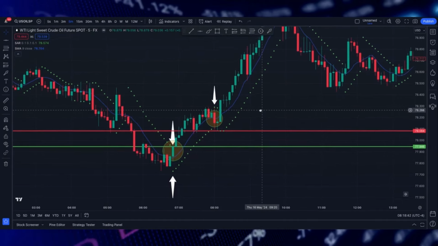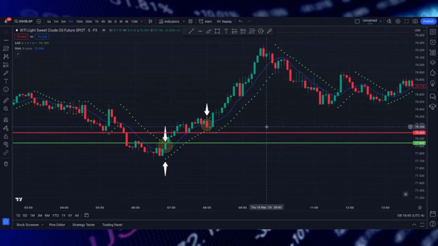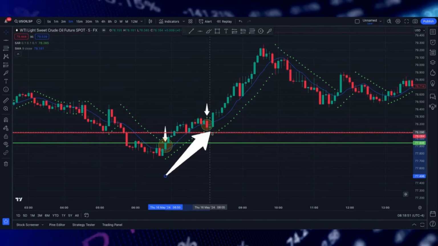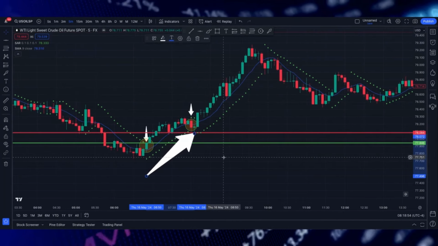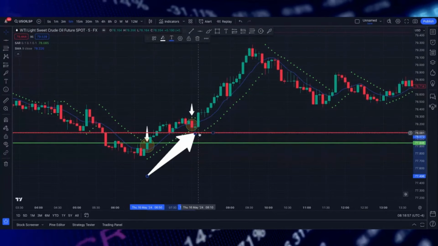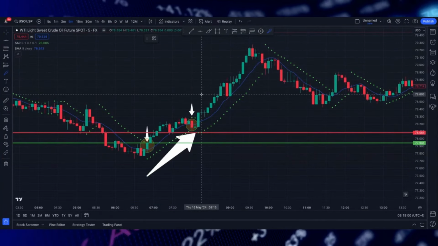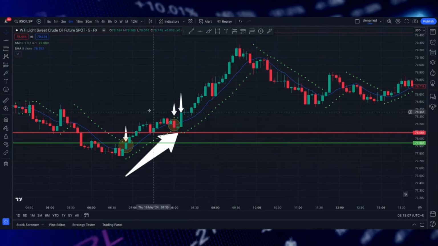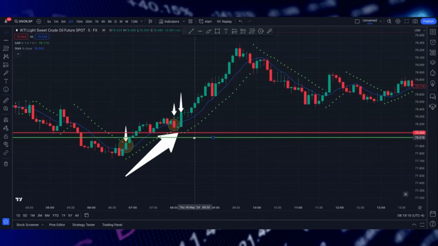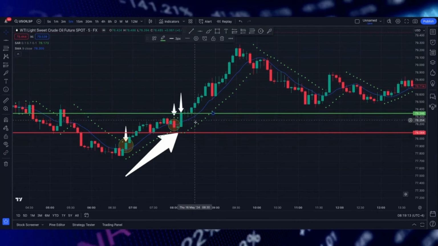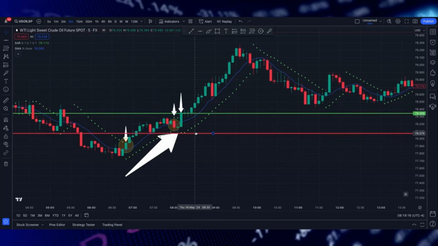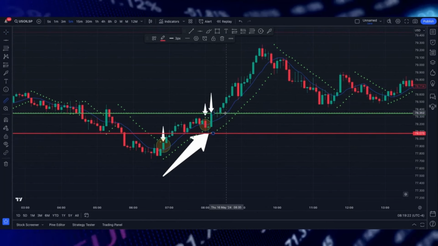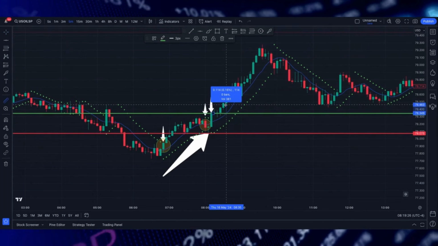And again, if we just move this chart down, you can see here that with a little time and a little patience, as you see these SARs moving up, this would then give you your next potential entry. Why? Because we had the parabolic SAR reappear to the bottom. We now had a brand new candle close above the 9 moving average. And so now we're looking at a new entry for position number 2 here. Your stop loss becomes the brand new first SAR underneath this candle. And now you are looking to grab another 10 pips or more,